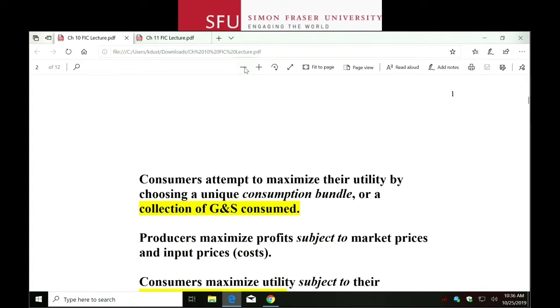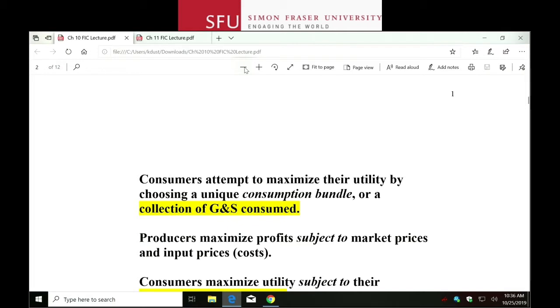And, of course, we would all like to have a large consumption bundle of stuff, but we're all limited by money, right? We all have a limited amount of income. And the other thing that limits us is how much things cost, right? So it's not just how much money you have, but it's also how much things cost. Like, say, housing prices in Vancouver. You might have a good income, but you still might not be able to afford to buy a house or even a condo. So what we can afford to buy depends on how much money we have and also the prices of things.